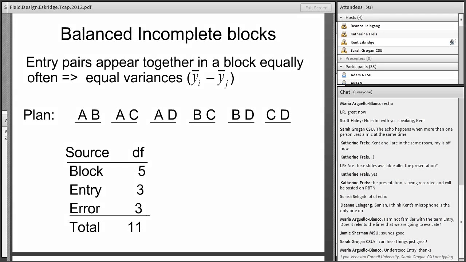First of all, let's talk about balanced incomplete block designs. It's possible to show that if you have a balanced incomplete block design, that is, every entry pair appears together in a block equally often, what that does is that it equalizes the variance of all the entry differences. And also if you're blocking in the correct way, then you minimize the variance. So a simplest possible example almost of the balanced incomplete block design is the plan here that I have. Now see if I can click on my